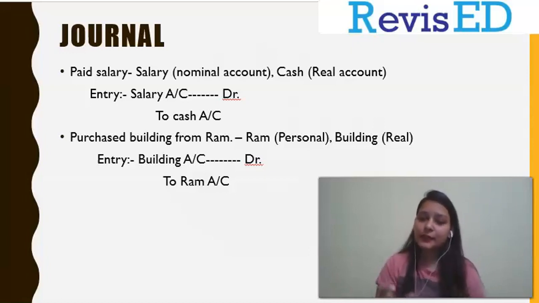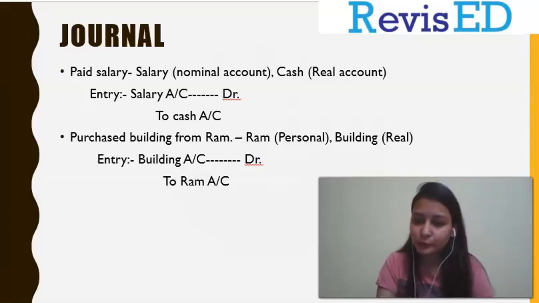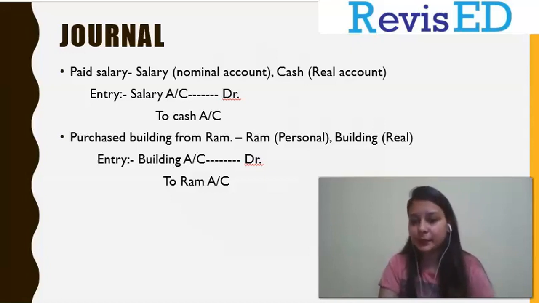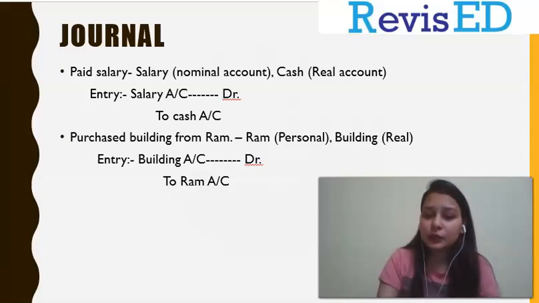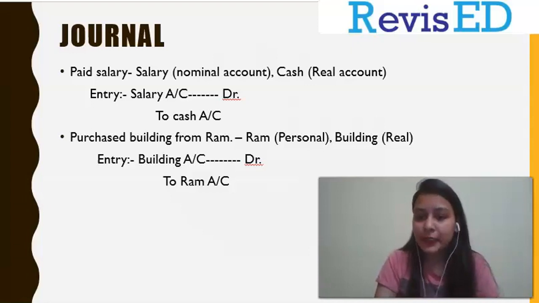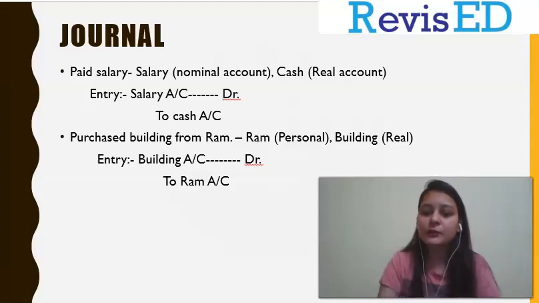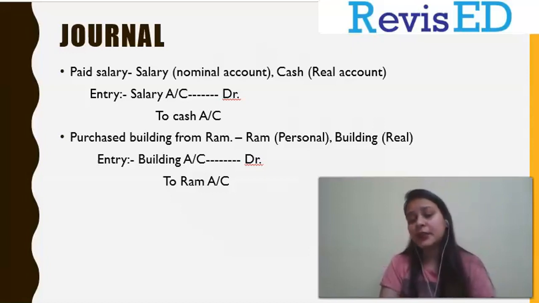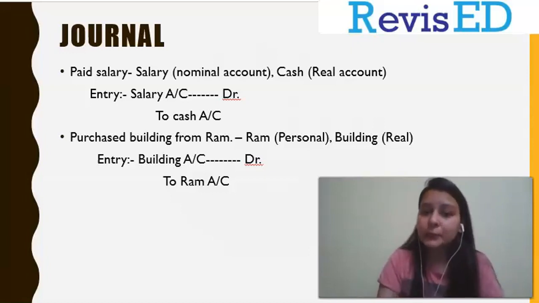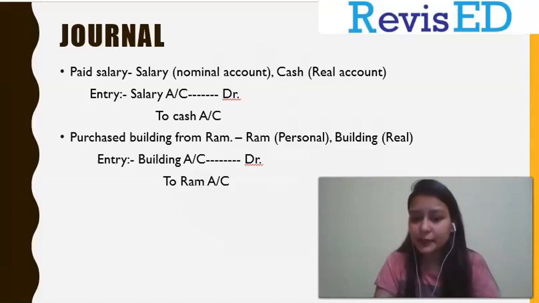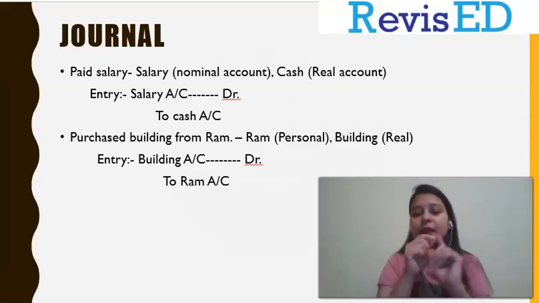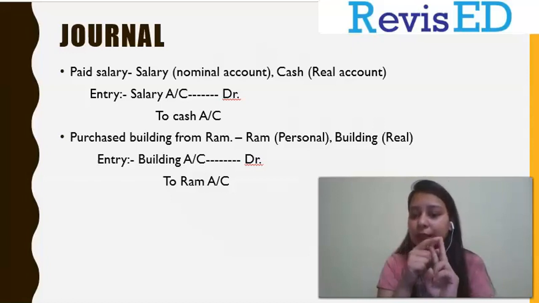Now you know salary would be paid in cash or maybe through bank, but it would be paid in terms of money. So when you pay salary, always remember there are two accounts that would be affected in any kind of transaction. कोई भी transaction हो, हमेशा two accounts would be affected, because we are reading the whole accountancy on a double entry system basis. तो पहला है कि you have paid salary. तो दो अकाउंट कौन से इफेक्ट होंगे? पहला सैलरी अकाउंट और सेकंड would be कैश अकाउंट.